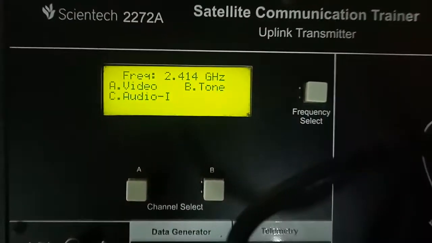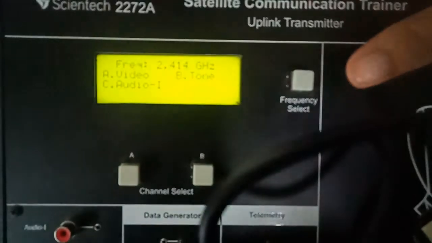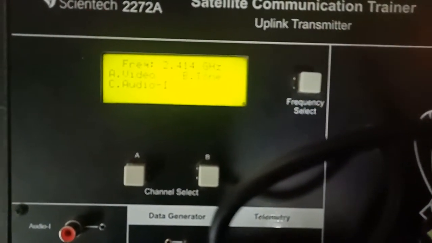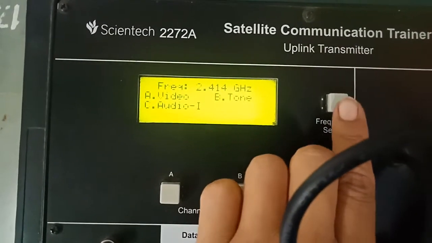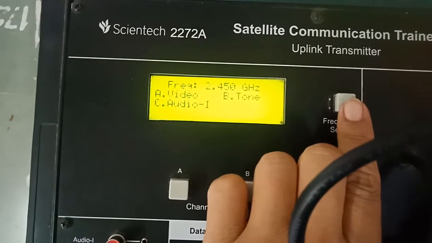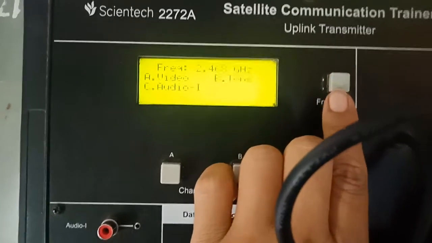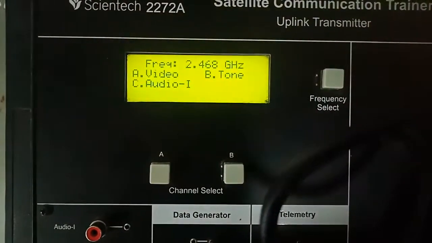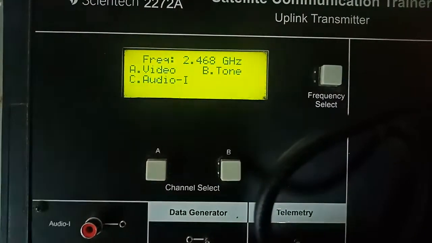Then I have to set the frequency value, and I am setting it using the frequency select switch to 2.468 GHz. You can see the frequency has been selected as 2.468 GHz.